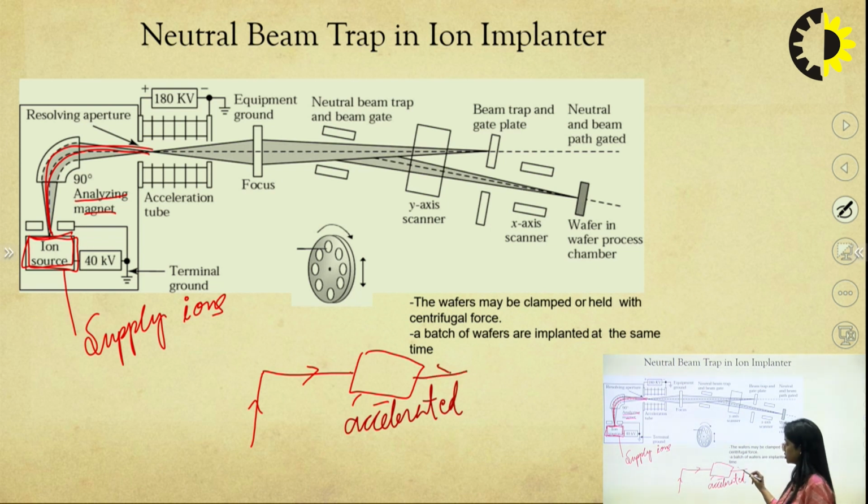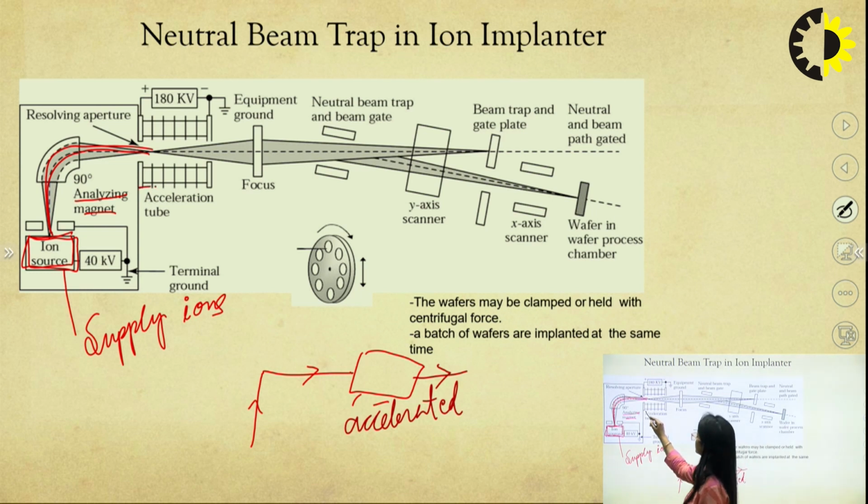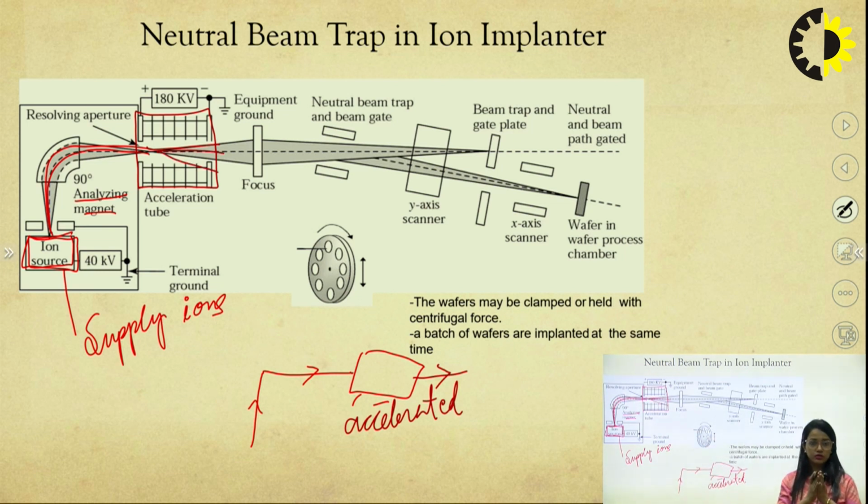So the ions which are moving from here, we can also see this is the acceleration tube here, and the ions are getting accelerated. But after getting accelerated, they try to diverge. They get a tendency, and after that tendency, they try to diverge. When this divergence is taking place, we are trying to limit the divergence with the help of